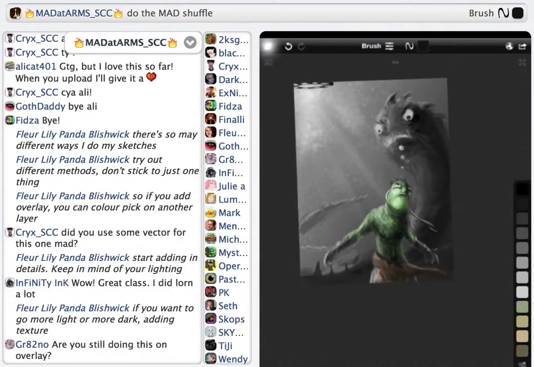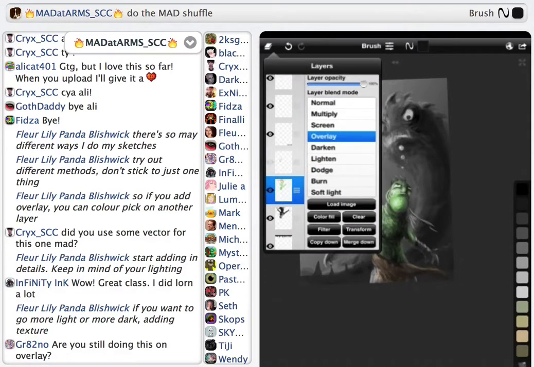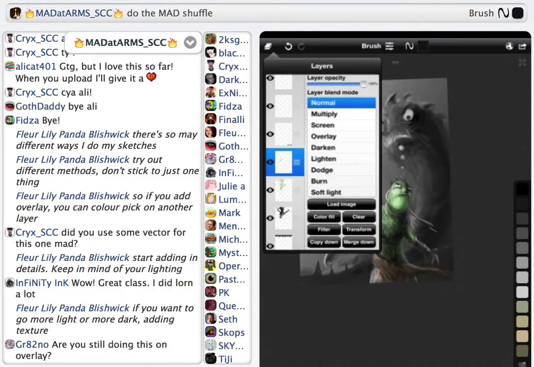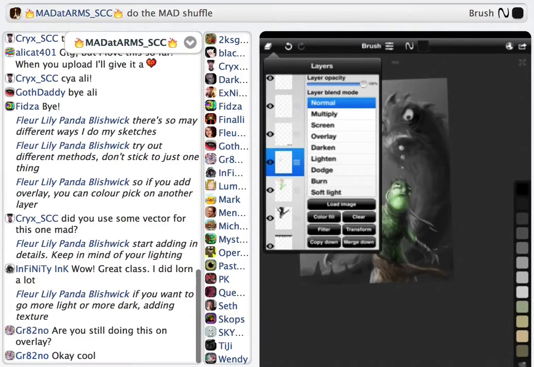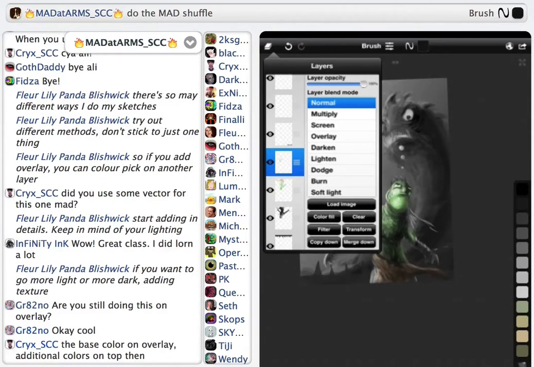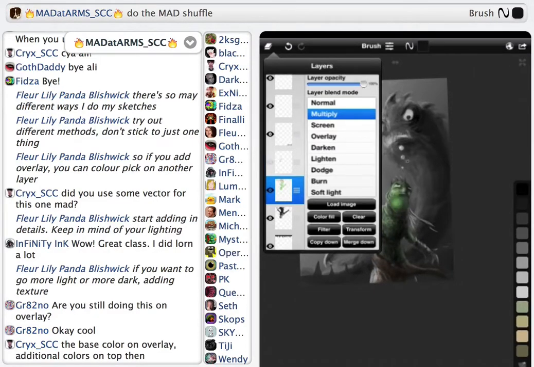No, I'm not doing this on overlay. What I do is I apply the main color on overlay. The overlay layer is underneath. I'm doing this on a layer above that, on normal. See the difference? See, there's the overlay, and here's what I started applying over it. I just use overlay for the base color, or you can use multiply. If I use multiply, it makes them darker. Of course, I have to go back and fix the lighting and everything, but